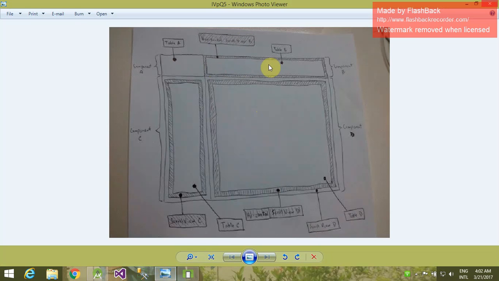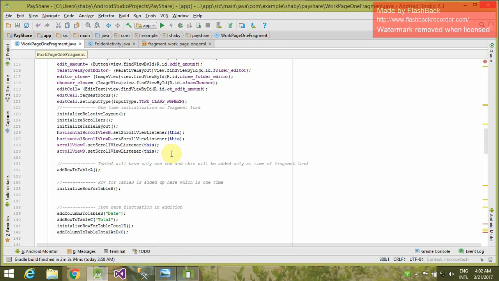For this we have to use a table row and then we have to add all the row elements. So for this we will go to initialize table row.